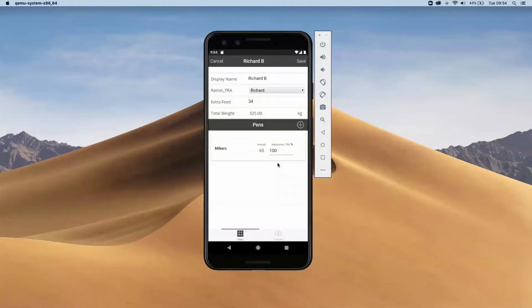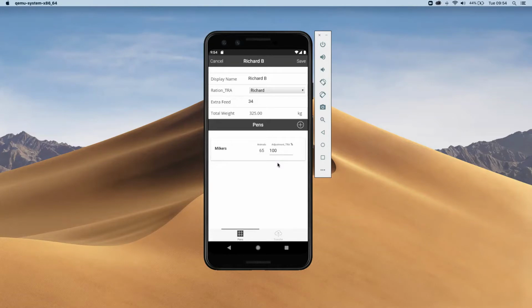This adjustment percentage is somewhat similar, but the idea is that if you're making a recipe for one single animal, you can give them an extra percentage of that same recipe on top. So 100% would mean that the animal in that pen, whatever pen is in the batch, would get 100% of their allotted amount. But if I was, for example, moving milkers into dry cows, I might decide I want to give 75%. I want to cut back the ration for each animal. So the adjustment percentage is how that's done.